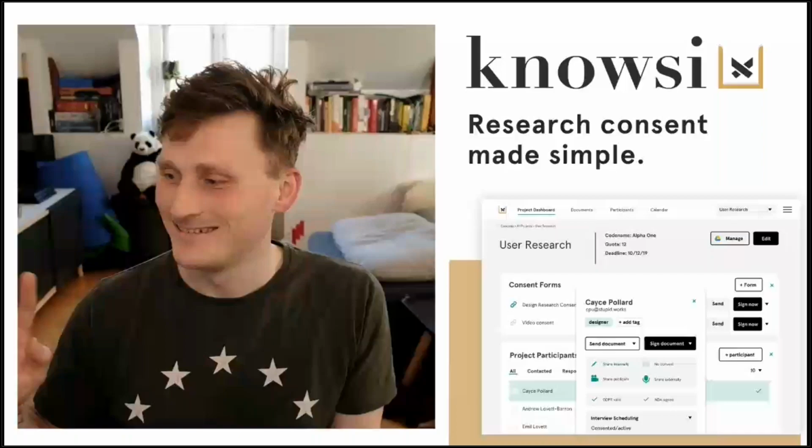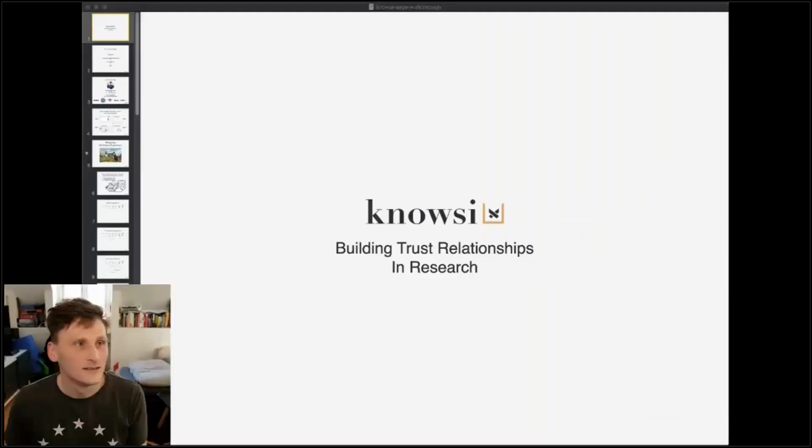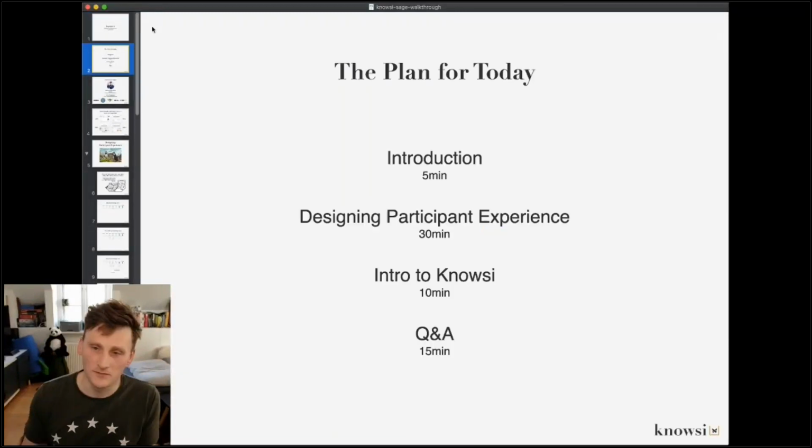Okay, let's jump in. So today I'm going to talk about building trust relationships in research, specifically also in the context of the application I've been developing called Knowsi. To give you a sense of the overall schedule, we're going to be looking at just a very quick introduction.